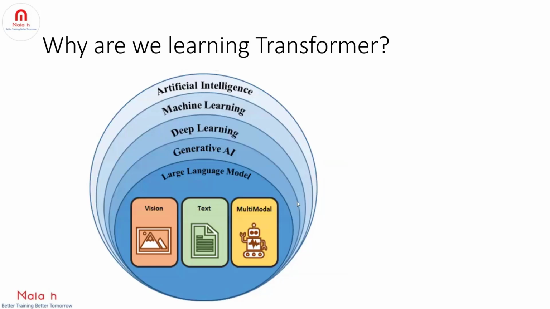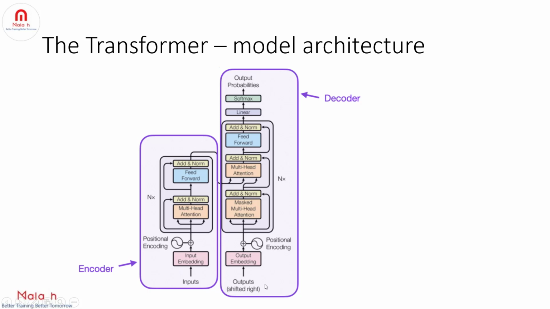Now let's see what a transformer is. You can see here, this is the architecture of the transformer, and we are learning both encoder and decoder, but GPT is only decoder. Some models are only encoder based and some models are only decoder based. For example, BERT is only an encoder based model, whereas GPT, generative pre-trained transformer, is a decoder based model. But let's learn both encoder and decoder so you will understand the entire transformer architecture. First let's start with the encoder and then we will move on to the decoder, right?